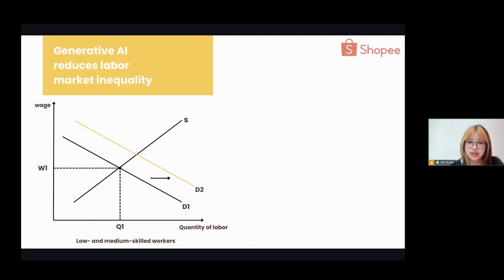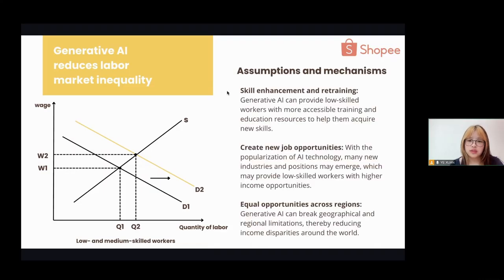Integrated AI technology can create more job opportunities, and more labor can upgrade their skills through education and obtain the job opportunities. Our assumption for this is that AI-driven online education platforms can enable more people to learn skills that AI can create, and more opportunity for people in different regions.